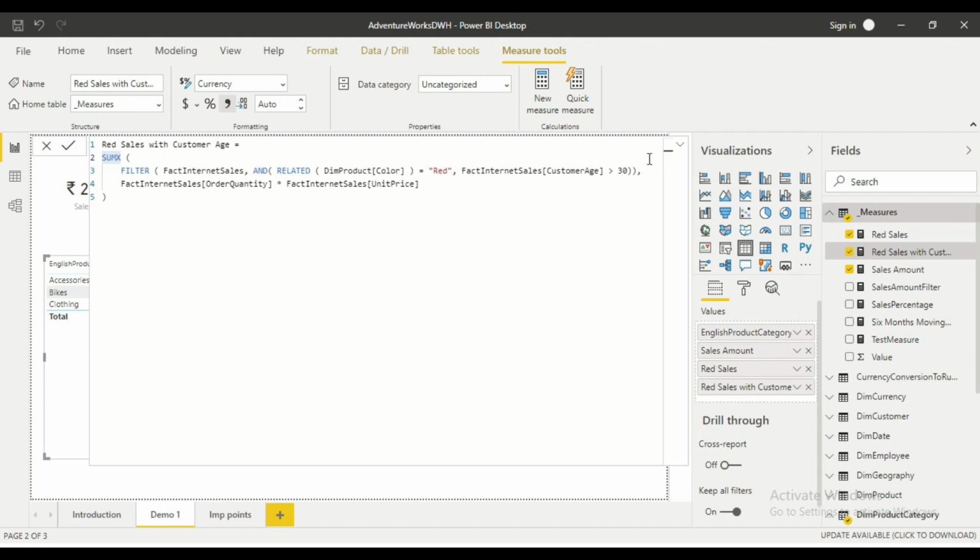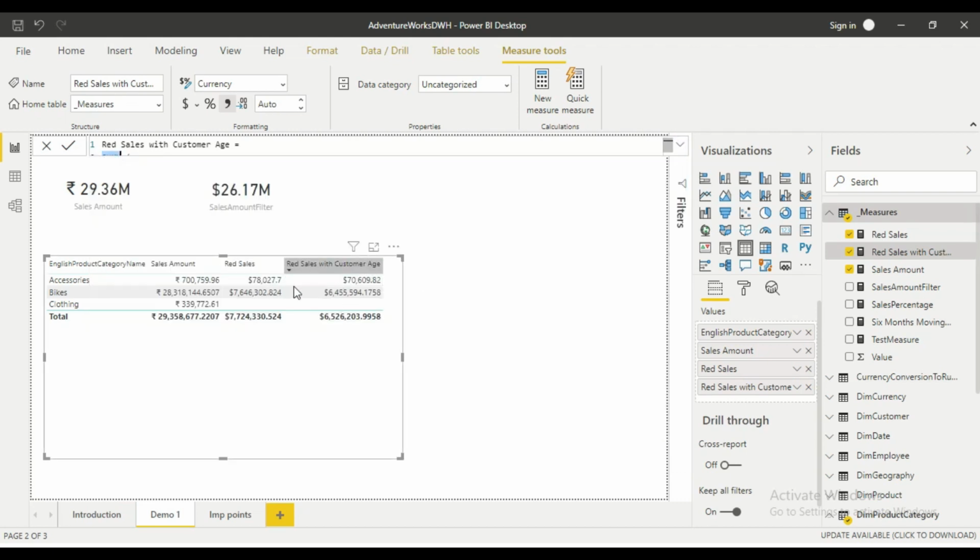So friends, this gives us another subset of the sales. As you can see, all the three numbers inside this particular visual. Okay, so friends, now we have seen three use cases in which I have created the table function, in which in the first case the table function was being used to create a calculated table. Then we have created three different measures in which we have seen different kinds of conditions being plotted inside the filter function. So now I'll come to some very important points related to the table functions.